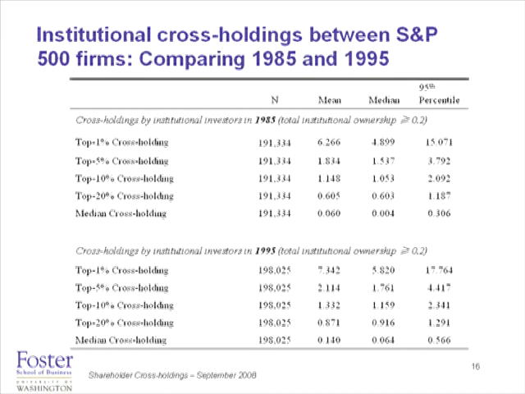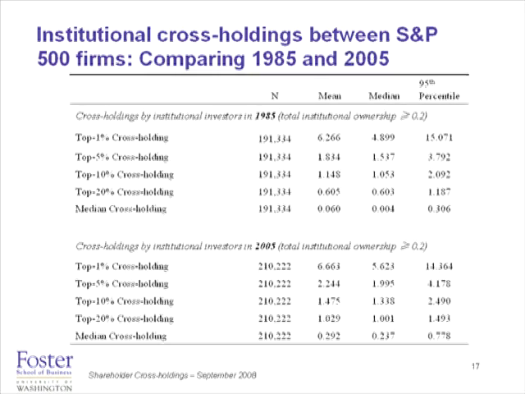Now, you start to see this rise as you get to 1995. It's going up here, and you start to see that there are substantial fractions of firms where this is a big number, and that even in the average firm, 10% of your shares are held by shareholders who care more about another randomly chosen firm. And I'll talk about what I want to get out of this when I show you 2005.